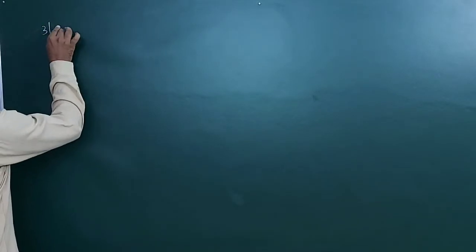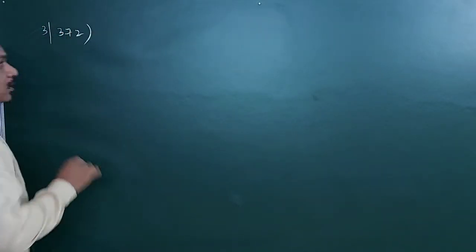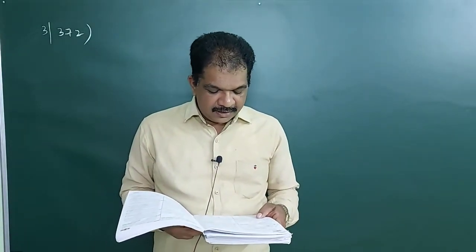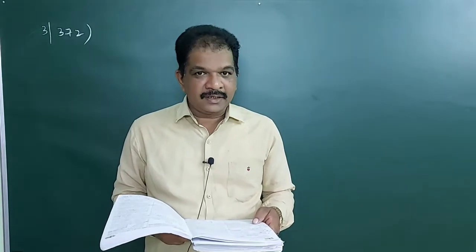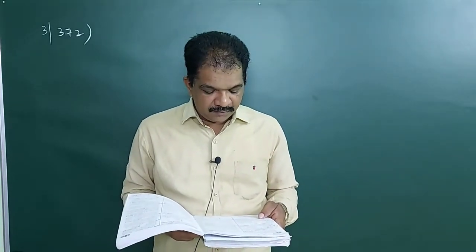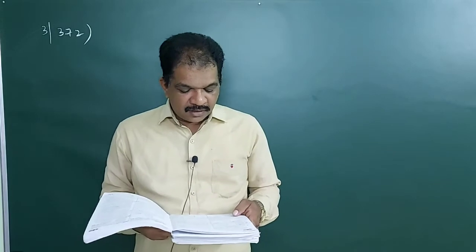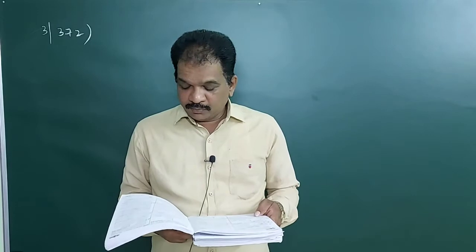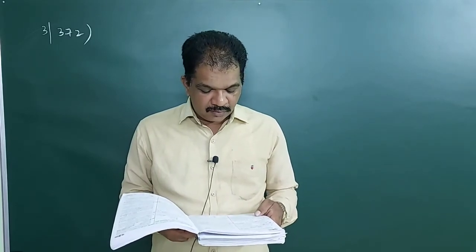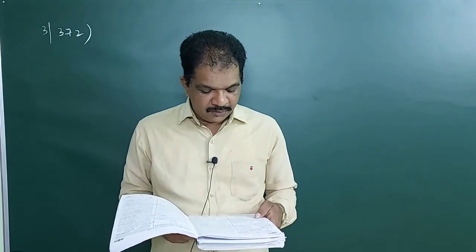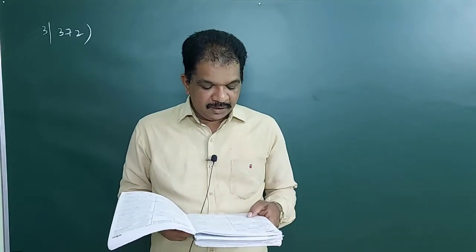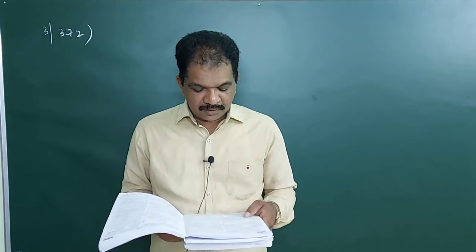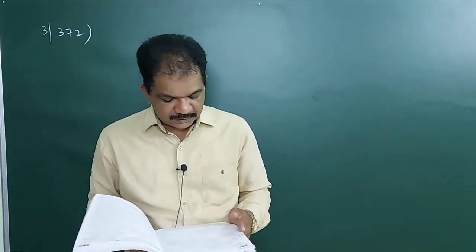So 3 by 372. What they are asking: 1 mole of an ideal gas goes from initial state A to final state B via two processes. The first undergoes isothermal expansion from volume V to 3V, and then its volume is reduced from 3V to V at constant pressure. Which is the correct PV diagram representing the two processes?